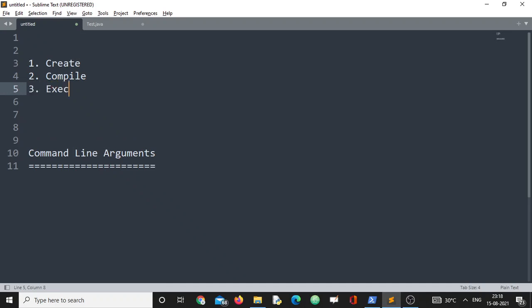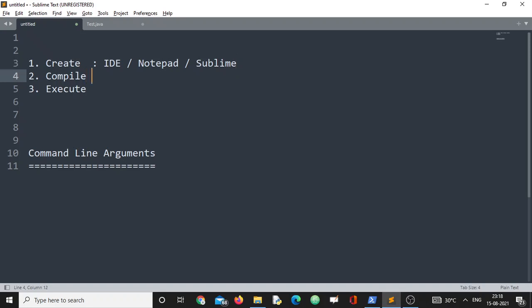So these three things we need to be very clear, and we all have been doing these three things for a couple of sessions. To create a Java program, we can take the help of any IDE, maybe NetBeans, maybe Eclipse, maybe IntelliJ, whatever the IDE you are using. I am simply using a notepad kind of thing or an editor. It could be a notepad, Notepad plus plus, or Sublime. I'm using Sublime, right? So you need to write a Java program by following all the rules and regulations of Java.